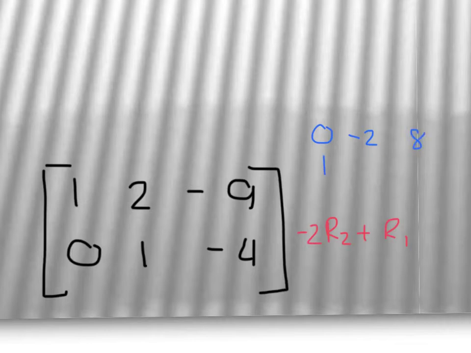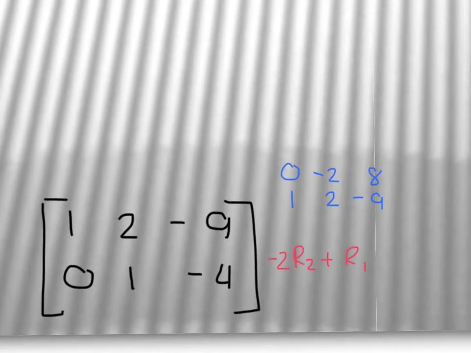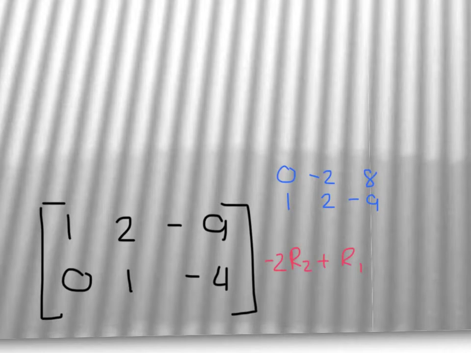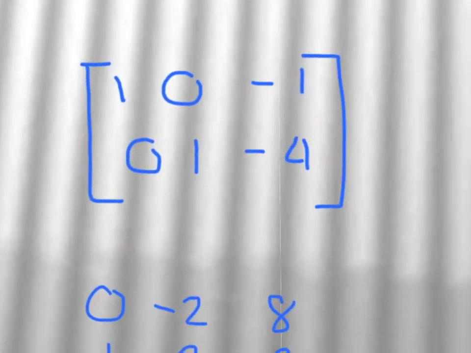I'm adding it to 1, to -9, and now you can clearly see 0 plus 1, that's not changing our matrix. So let's go ahead and rewrite our new matrix. I'll put it over here in this corner. 1, 0, -1, 0, 1, -4. And now you can see that we are in reduced row echelon form,